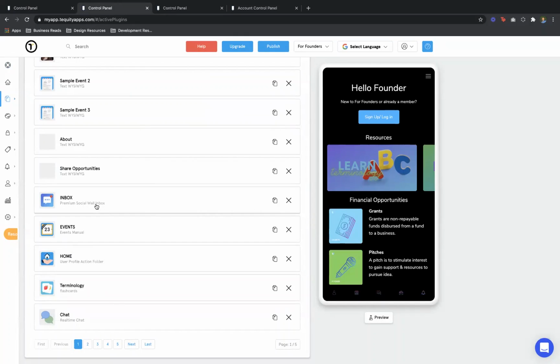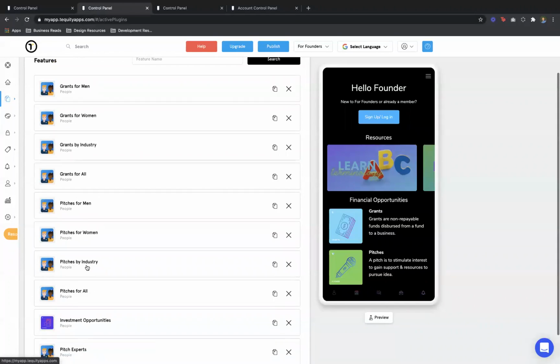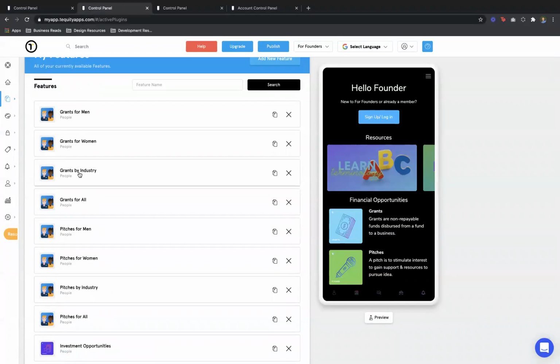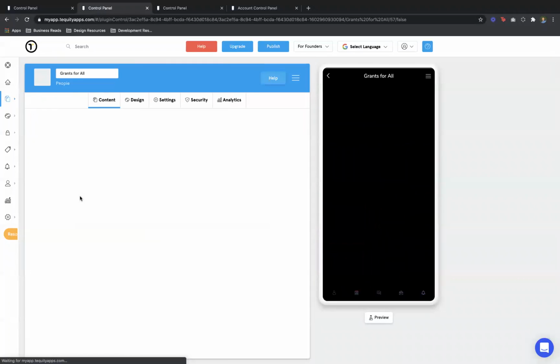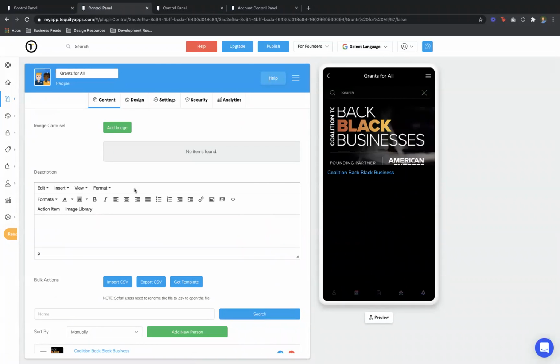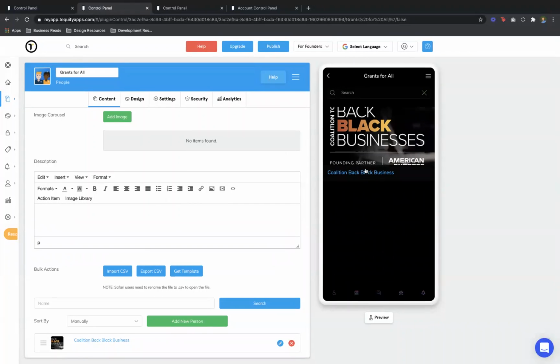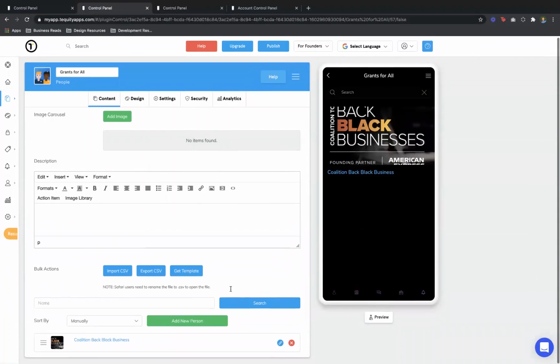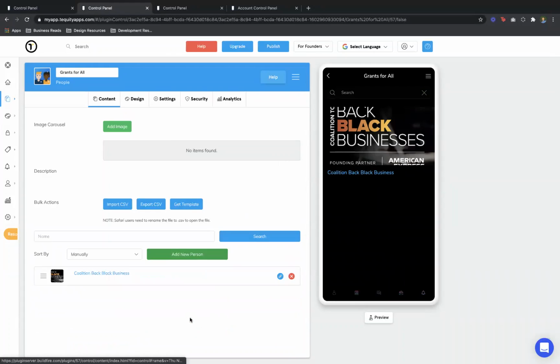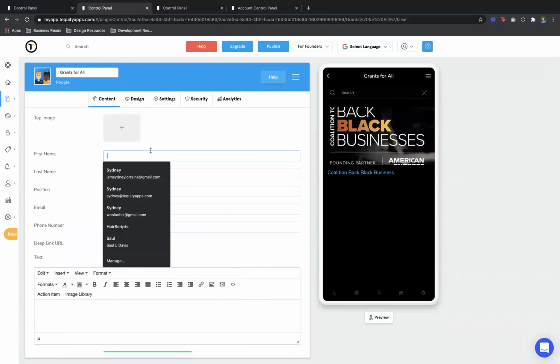Let's take a look at how we're utilizing our people plugin. Our people plugin is usually a directory of people, but instead here we're using it for a directory of opportunities like grants. So what happens is you hit add a person, you can add the first name, last name, position,